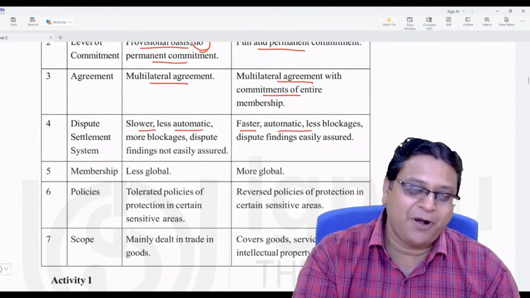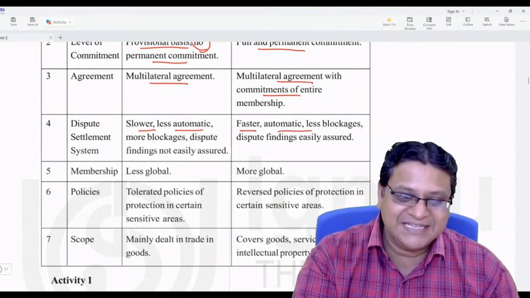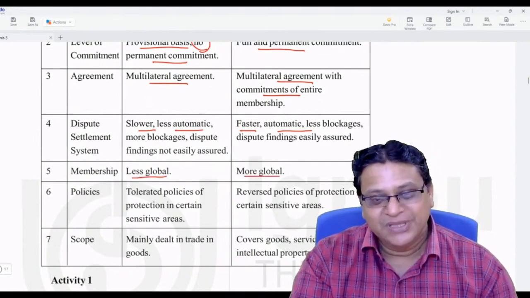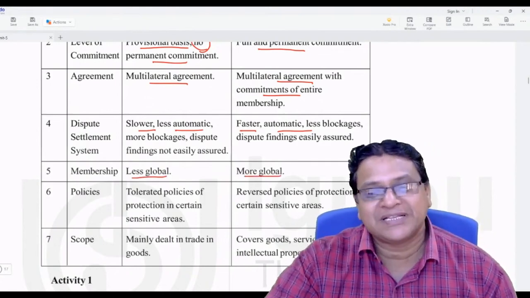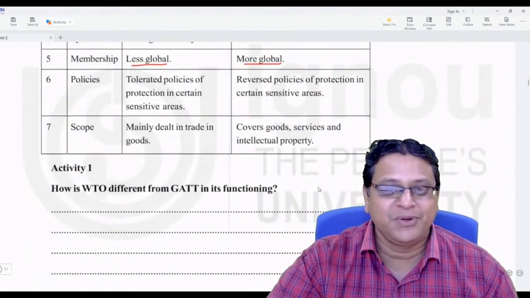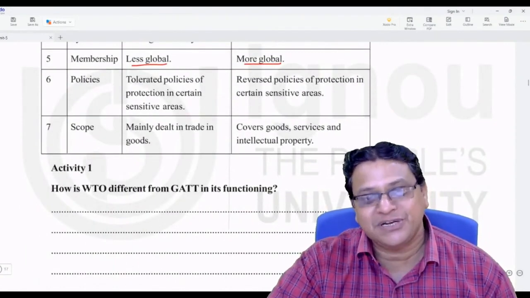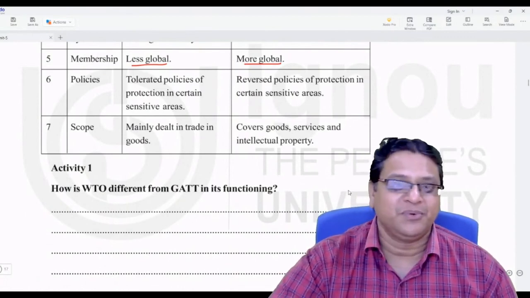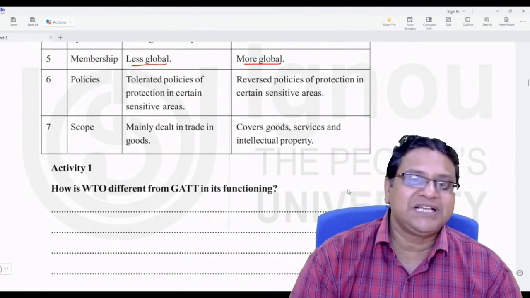The membership of GATT is less global, but the membership of WTO is more global. Many countries have joined WTO. Roundabout 98% of the global trade making countries have already joined WTO. And the policies of